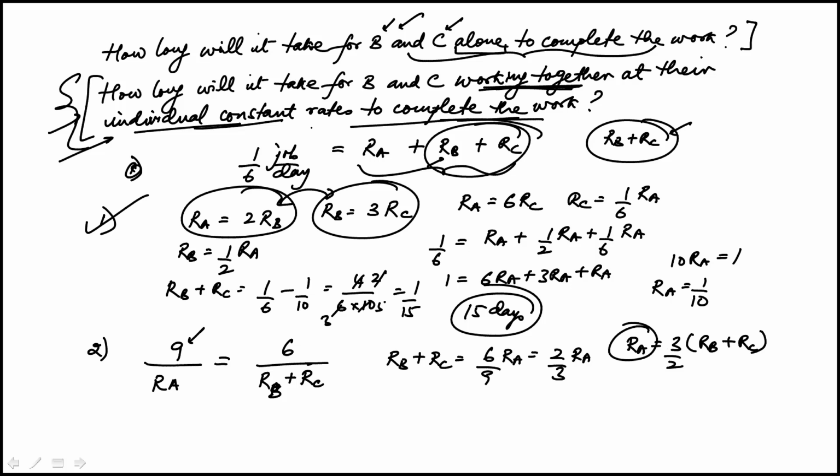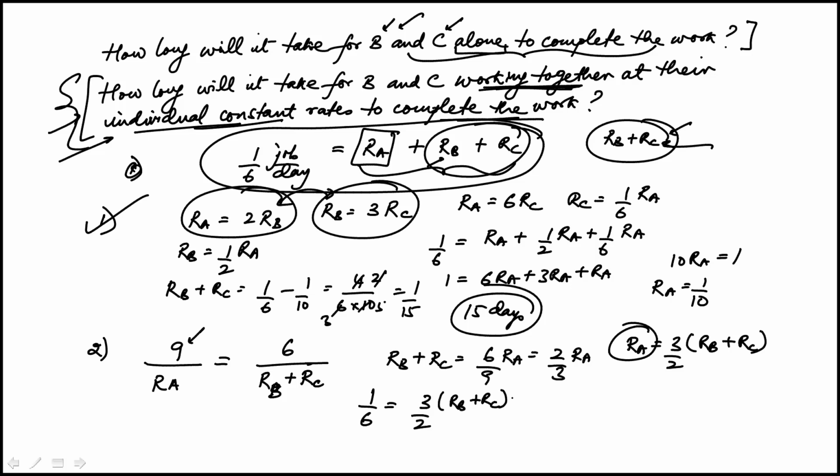Now, we still have that equation. Right now, we have 3 unknowns and 2 equations, but you'll notice that I can replace RA, and because we need RB plus RC, the combined rates, not the individual rates, I can figure that out. So RA is 3/2 times RB plus RC, and then we still have this RB plus RC, which if I add those two algebraically would be 5/2 times RB plus RC. And then that means RB plus RC is 2/5 of 1/6, and you'll see I do get 1/15,